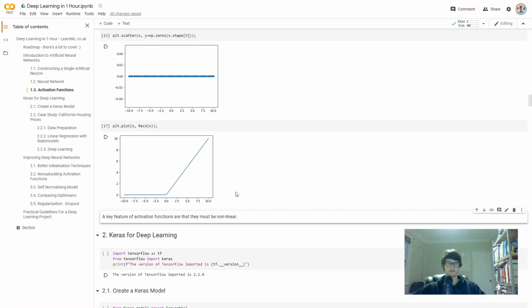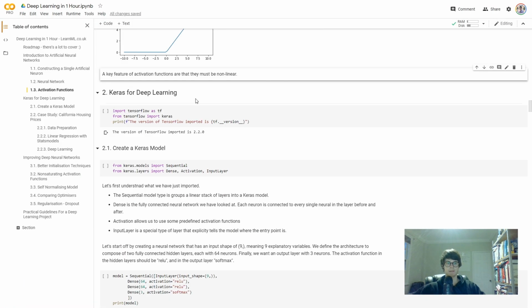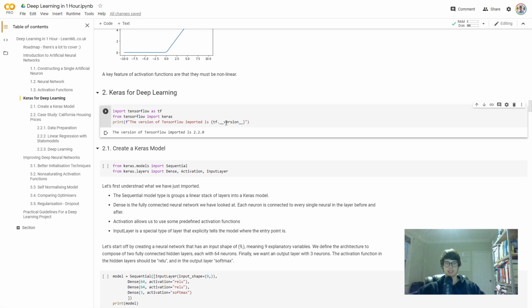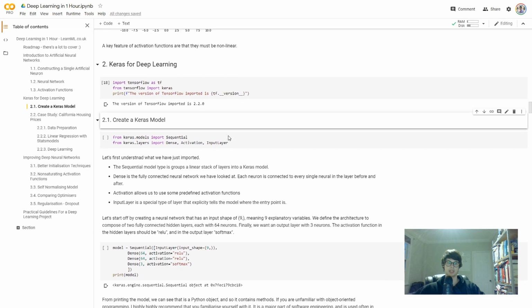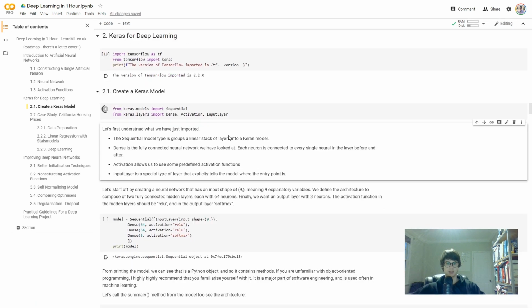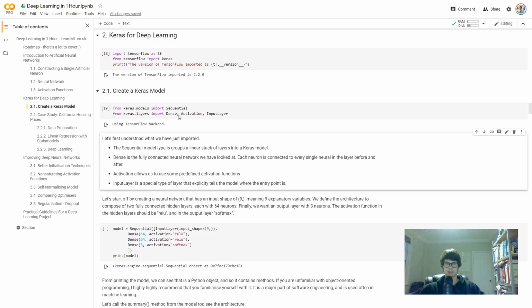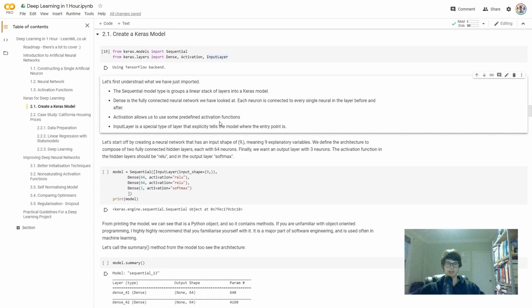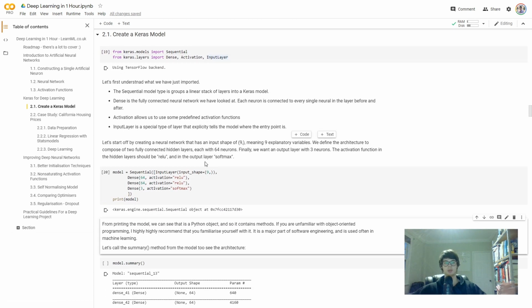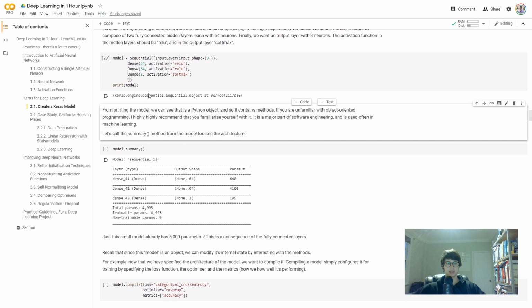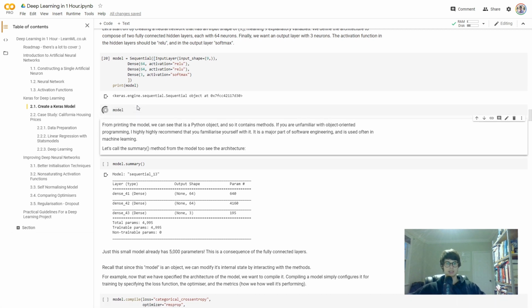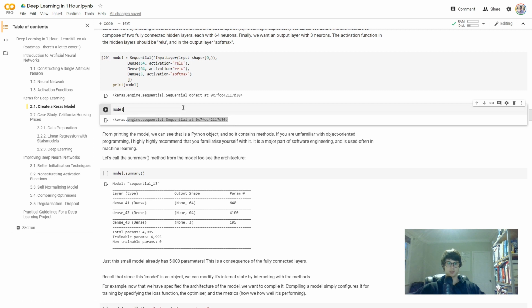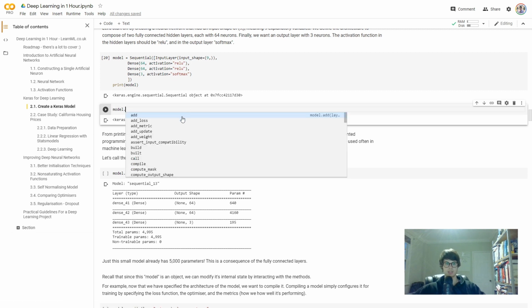Okay, let's have a look at how to do this now. So we import TensorFlow as tf, and from TensorFlow, this is important, we're importing Keras. Okay, Sequential, Dense, Activation, Input layer, great. Here's the model we looked at earlier. And an important thing to notice is this is an object, so it's got a lot of methods associated with it. Many methods, in fact,